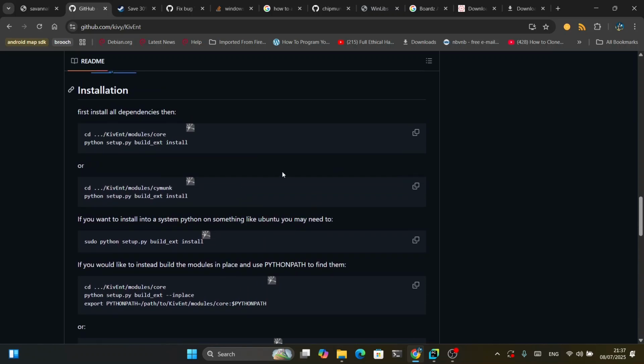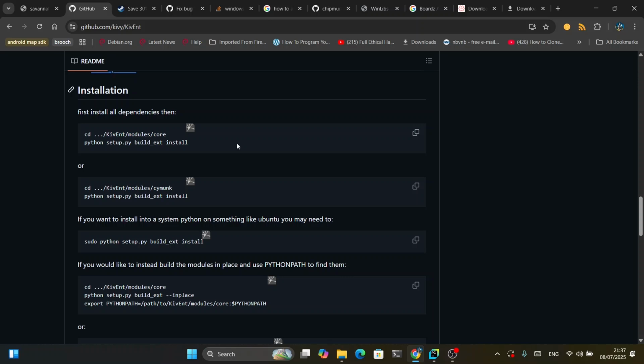So, first thing I want you to do for me is don't blindly follow the instructions on this page. If you do that, your game is not going to work. You're going to encounter a whole lot of errors trying to install it this way. Though we're still going to use some of the commands here. But first things first, I want you to do